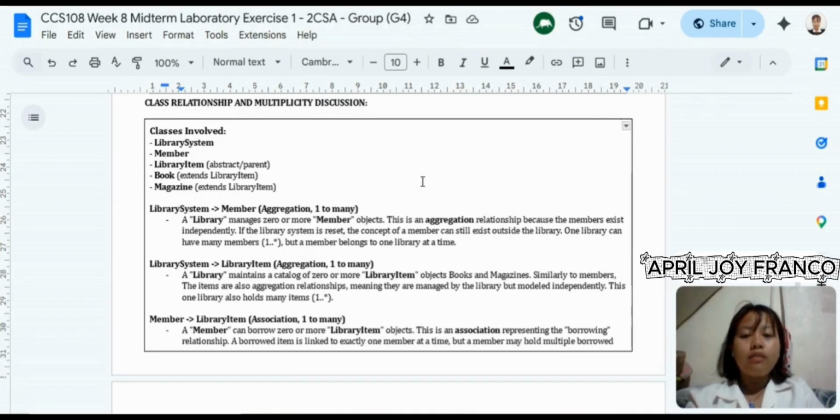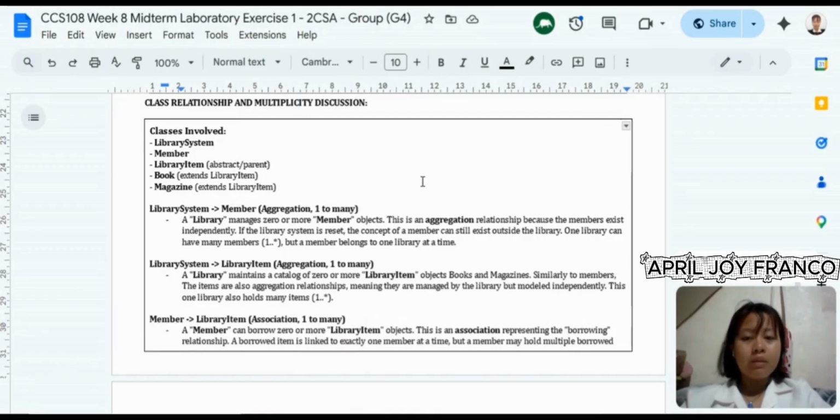The fourth and fifth relationships involve inheritance, also called generalization. Both book and magazine extend the abstract class called library item. This means book and magazine inherit the attributes title and is borrowed, as well as the methods get title, is borrowed, and set borrowed from library item.